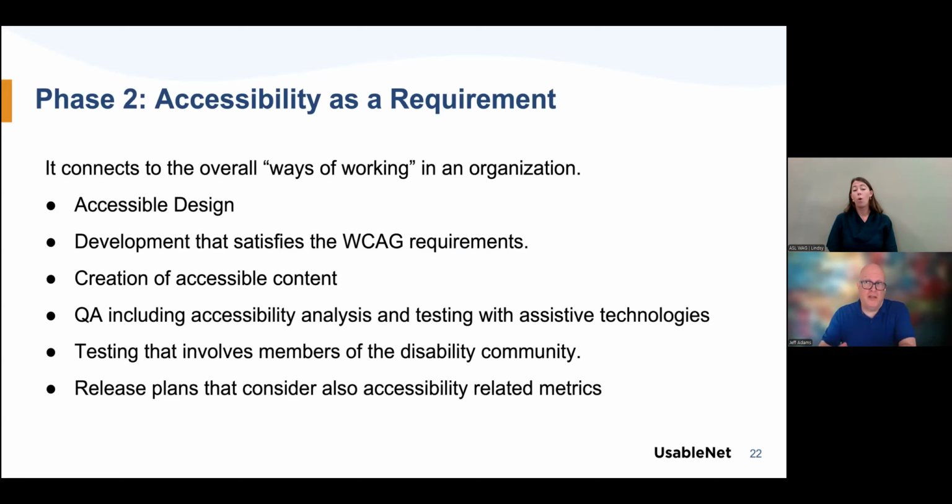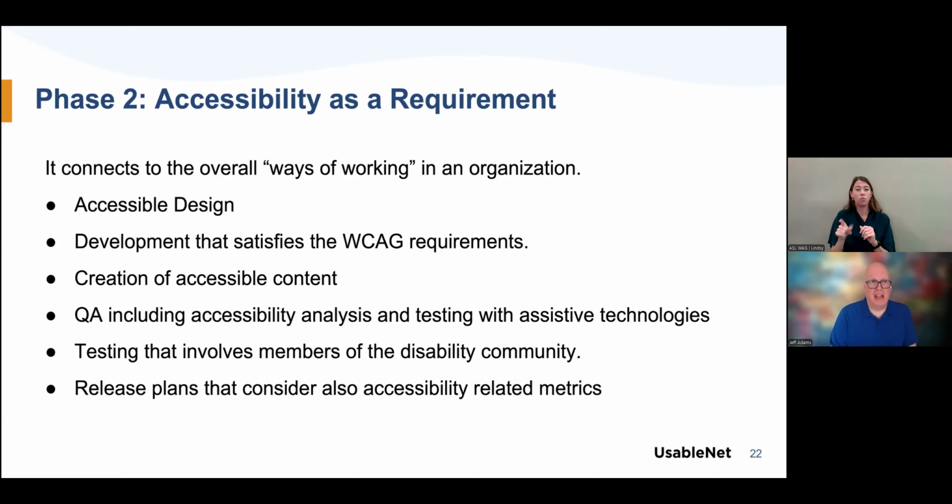What you want to do as you're in the accessibility as a project phase is really start to look towards phase 2, where you're starting to look at the ways that you're working, understanding the work that now needs to be done around accessibility, and starting to include that as part of your overall software development lifecycle, and starting to make this a requirement rather than maybe something that's more of a nice to have, or even something that's just left off the project plans entirely. And this is really where both project managers and product owners can play a crucial role to make sure that this gets instilled in the organization.